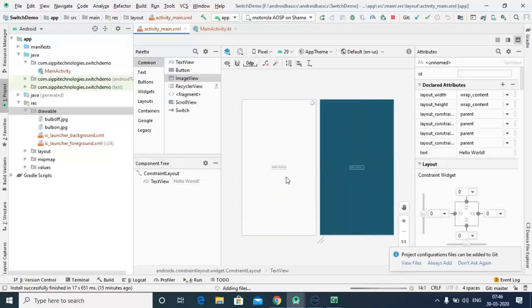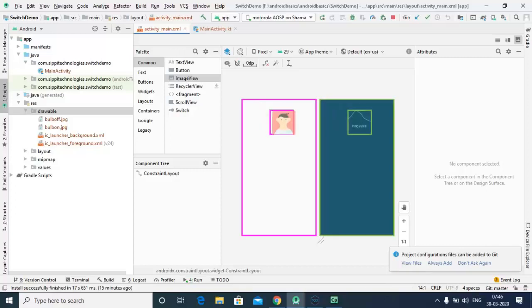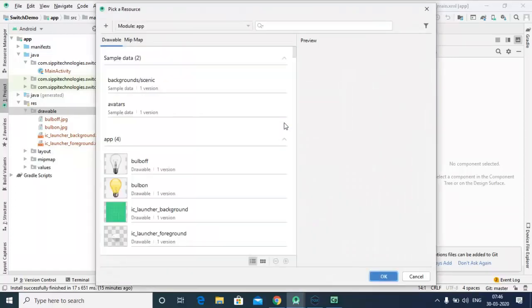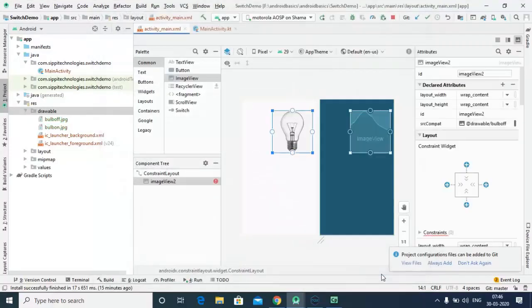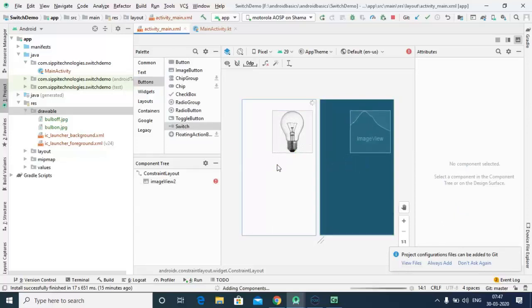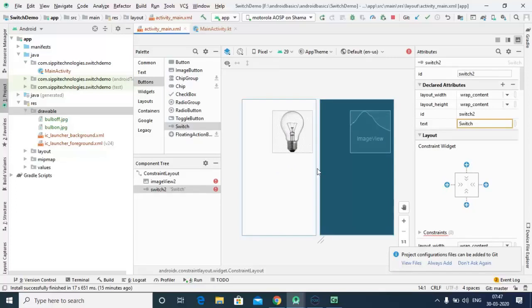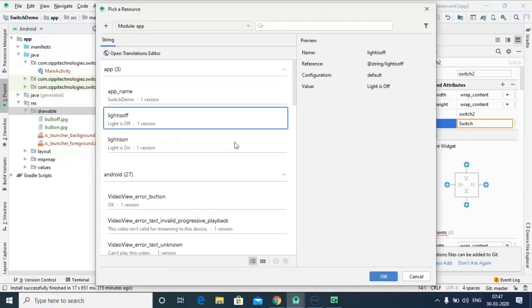So first of all, remove this, we don't require this, and after that we require one image. Drag one image here. Initial state of our light is off, so select bulb off image here, and after that take a switch, and set the initial value of switch as light is off,